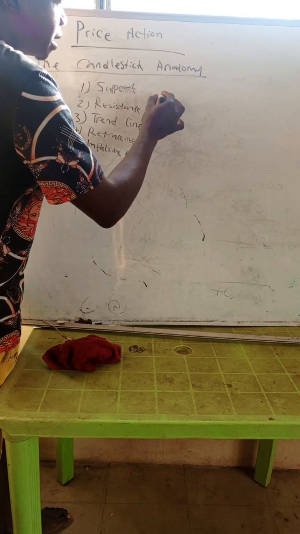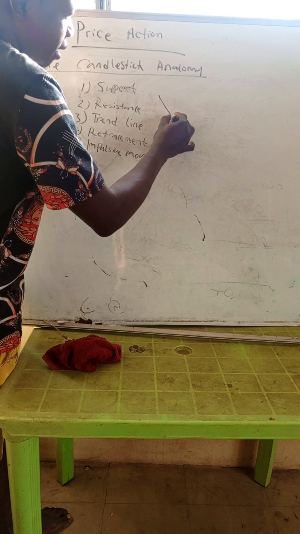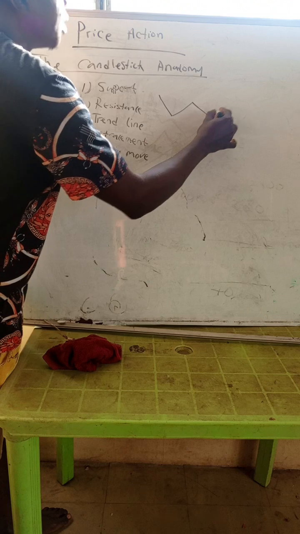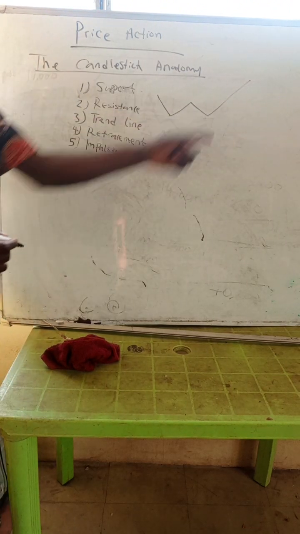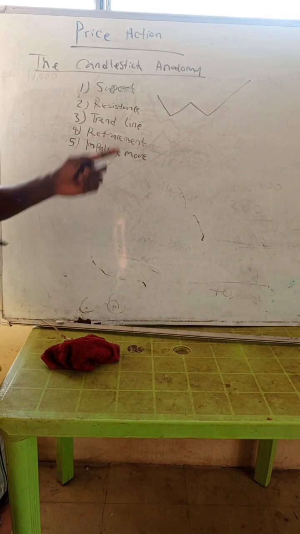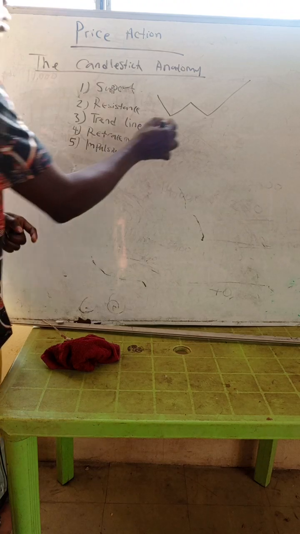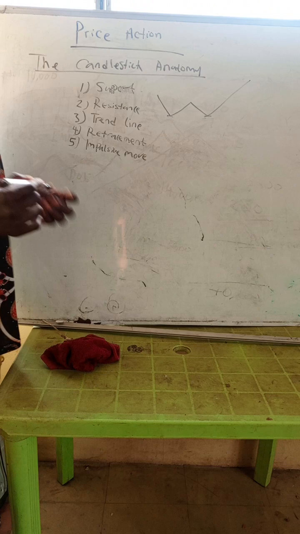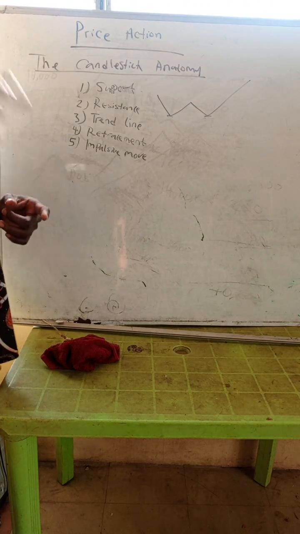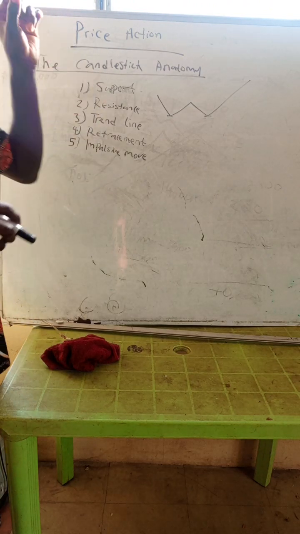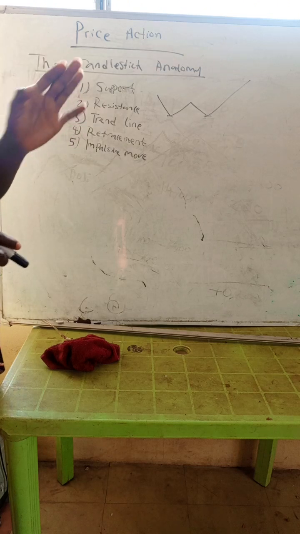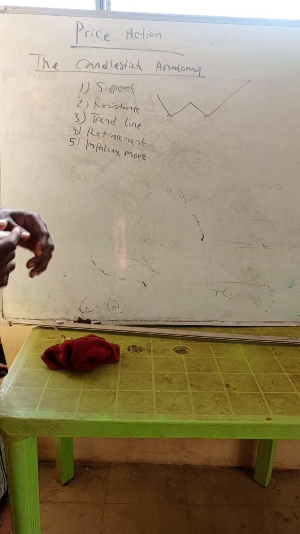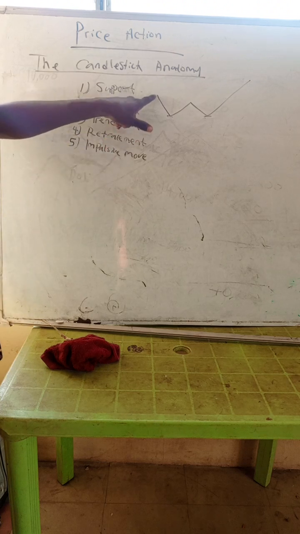Now imagine the price was moving like this and then bounced off, and then came up here and then up to this level. What does it mean? You can identify the support. The support there is here and here. We have two supports here. Why? Remember what the definition of support means. Support in forex trading simply means the point in the market where the price fails to go any lower.